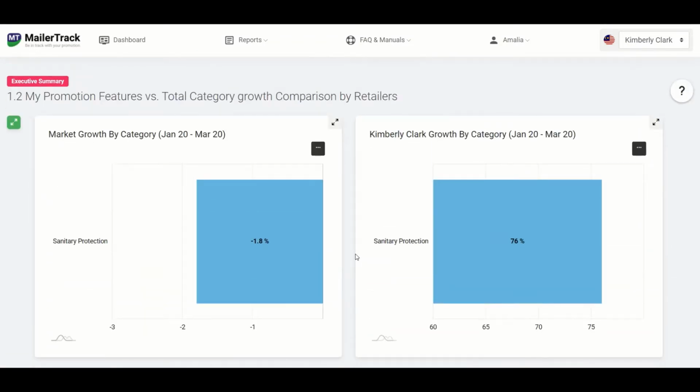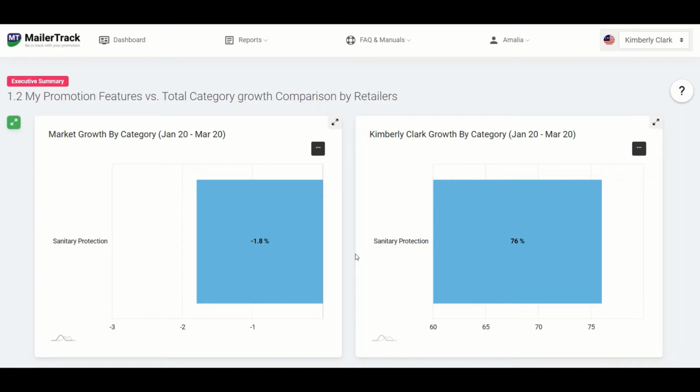So what I mean by that is that if you know that the market is actually reducing in Sempro promotions in pharmacies, does it benefit us to go in the opposite direction and increase in our promotion spending when no other players are doing the same? And also allows you to look into the subcategory itself. So you can see from the breakdown of the subcategory,